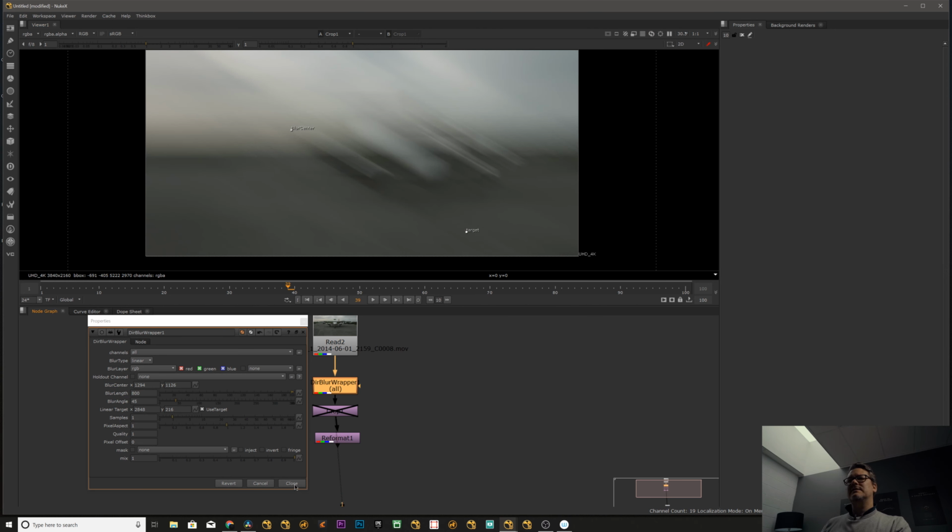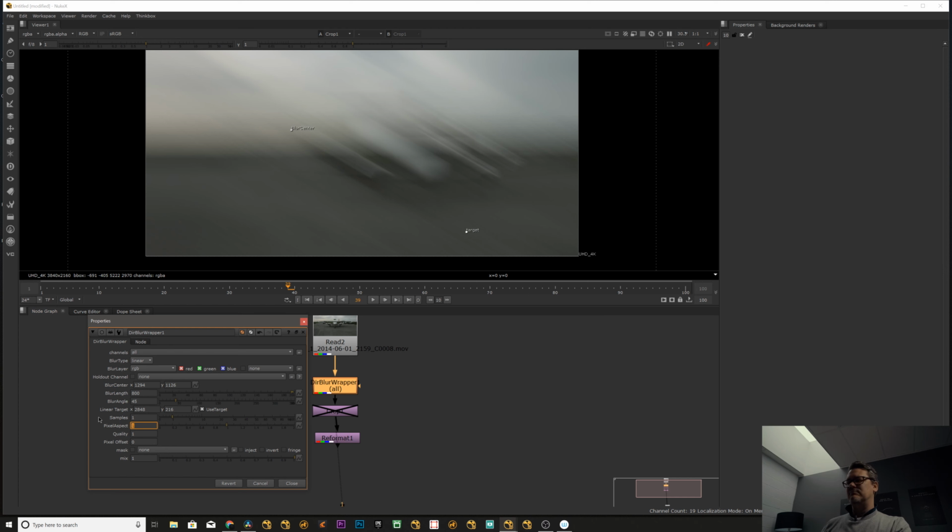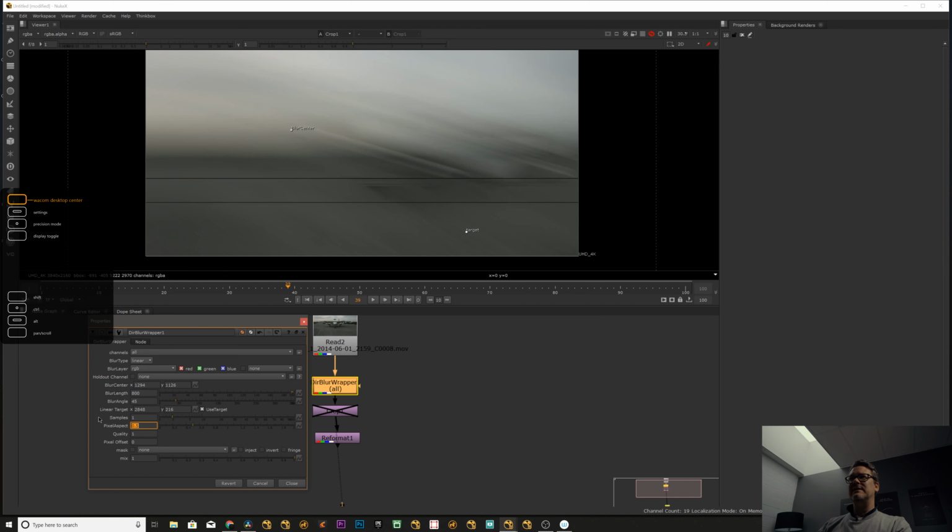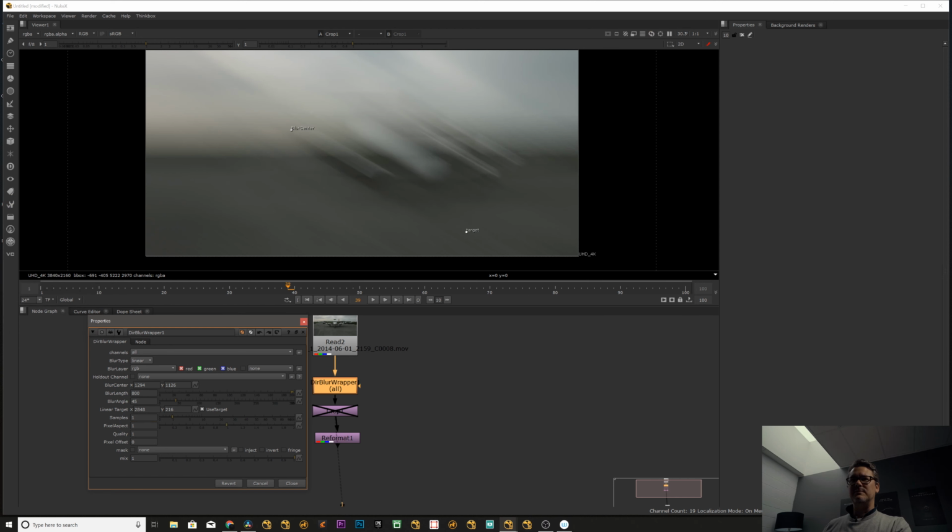So yeah, that, and again, you can have fun with pixel aspect, the quality of it, and other settings, alpha,